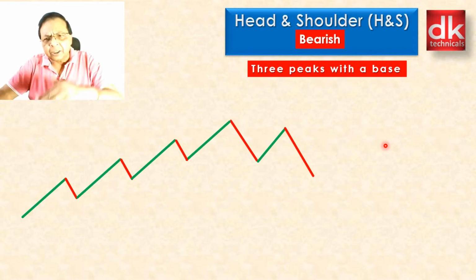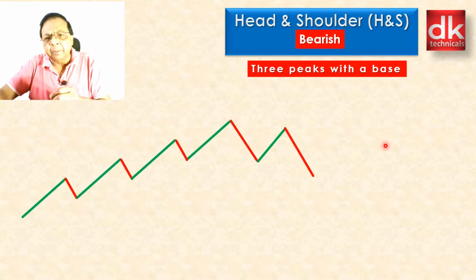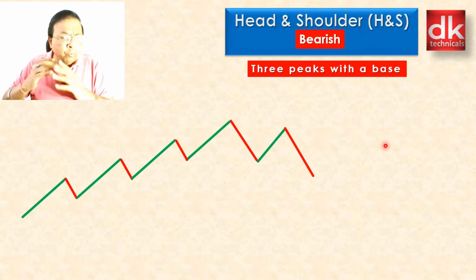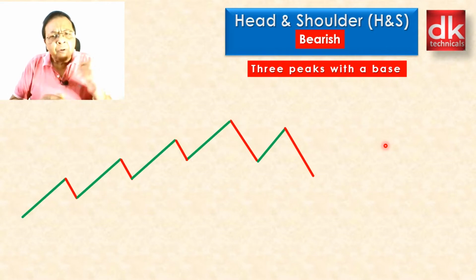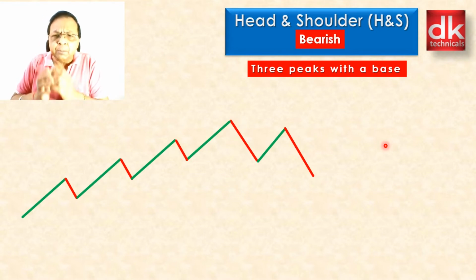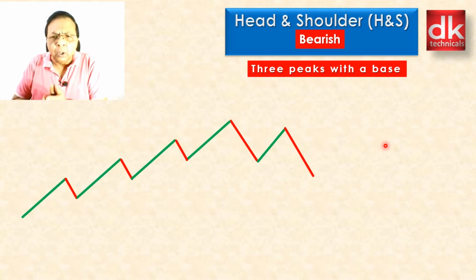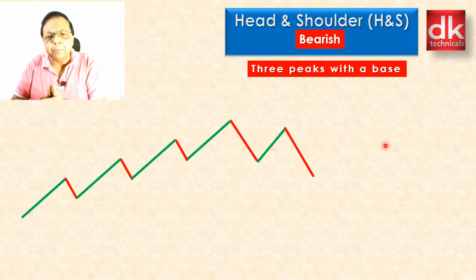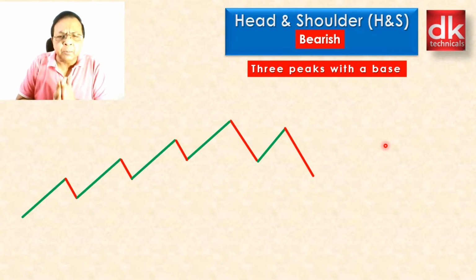When the price breaks down below this, it indicates that the markdown phase has begun in the market. So let me give emphasis again: one has to develop the art and skill to draw the trend line correctly to identify the various kinds of patterns that emerge in the price chart, because the trend line is the most important and widely used tool to identify various kinds of patterns, whether it is a triangular pattern, a wedge pattern or a head and shoulder pattern, any kind of pattern. A trend line is the most commonly used tool.